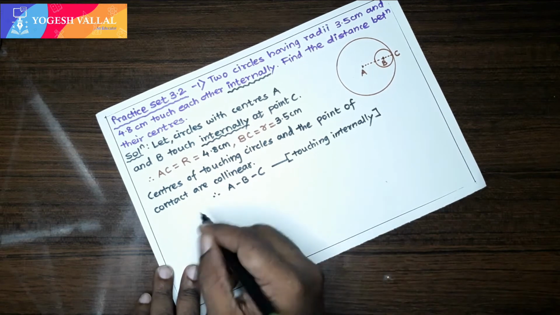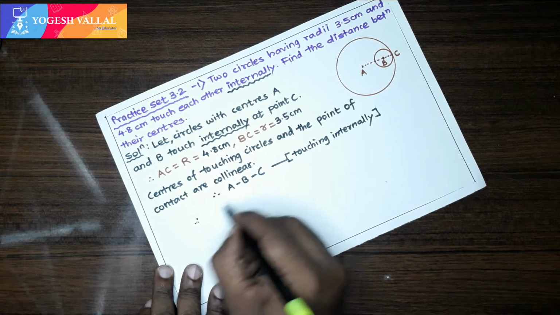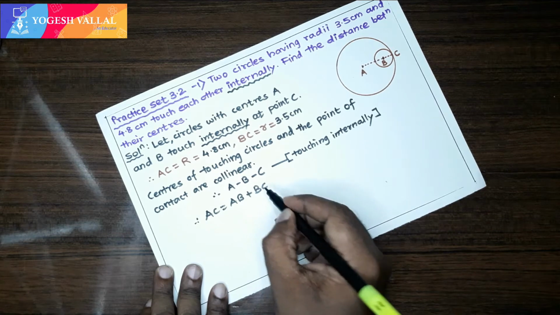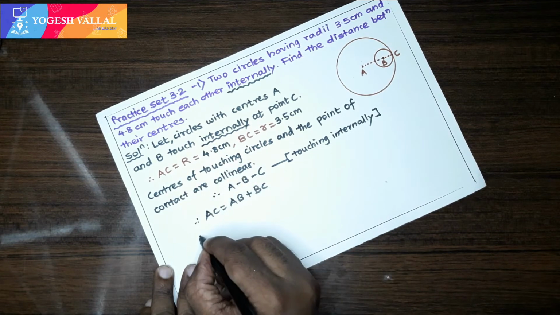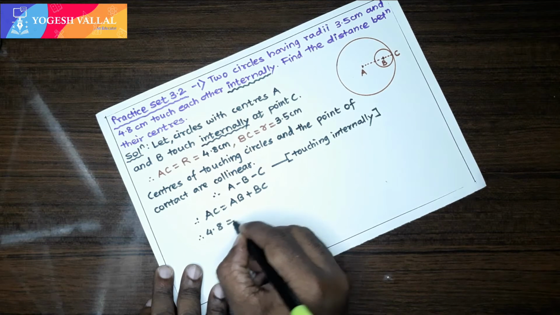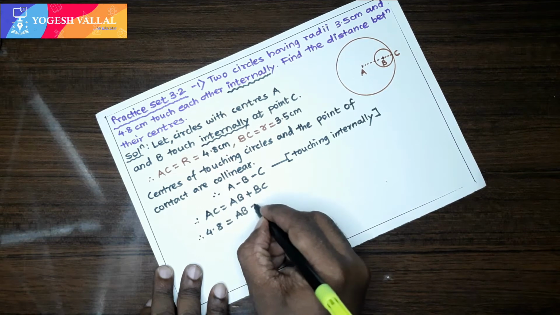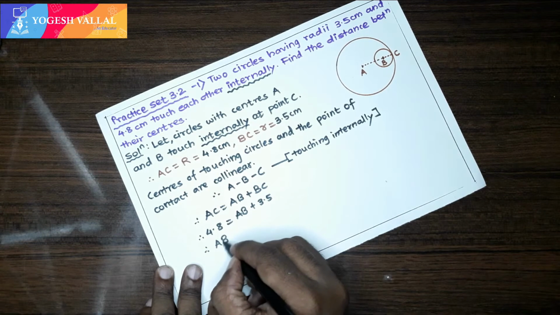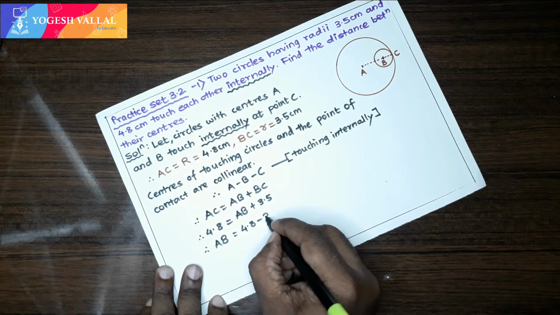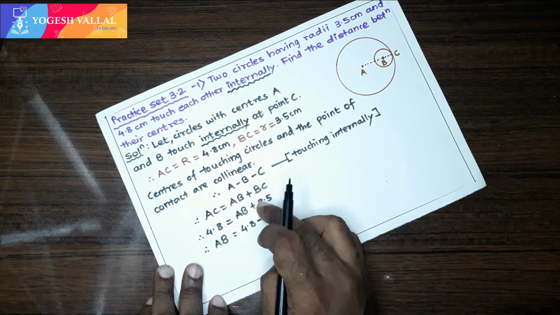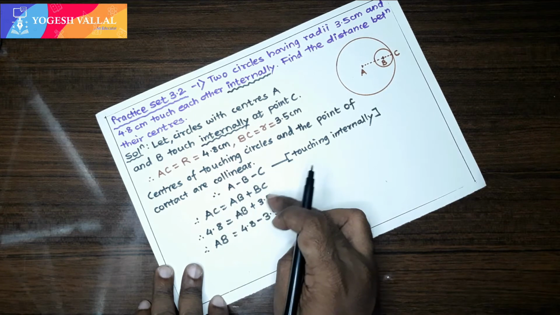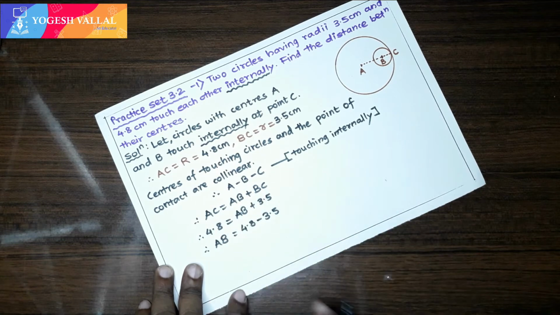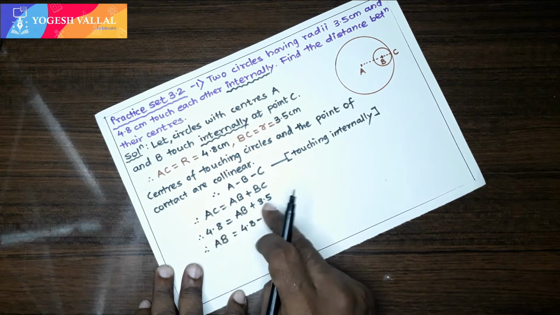Okay, let's solve here. Now AC is equal to AB plus BC. Let's substitute the values. AC is capital R, that is 4.8 centimeter. AB is not known to us, and BC is 3.5. So AB will become 4.8 minus 3.5. What I have done is shift the value 3.5 to the LHS, and so we get AB is equal to 4.8 minus 3.5.